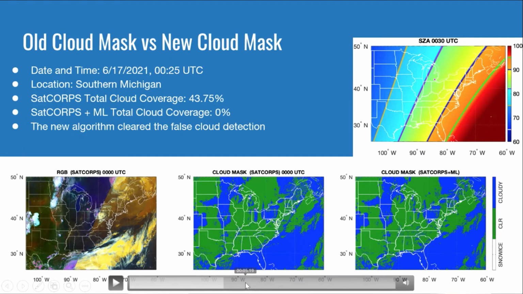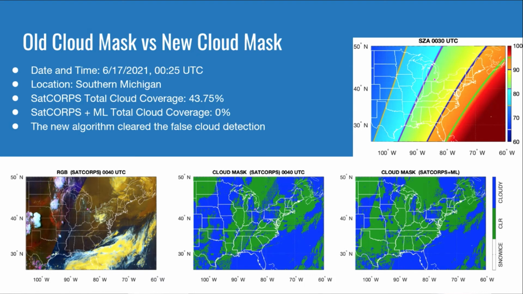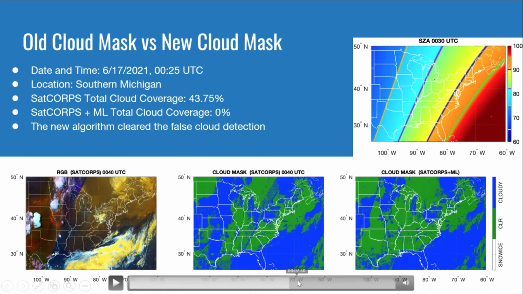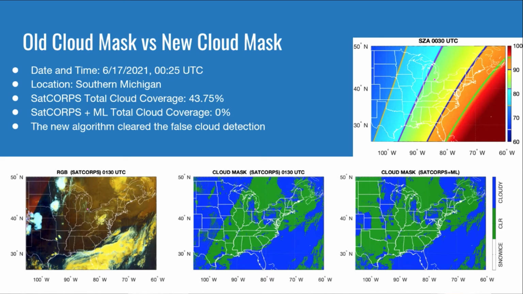As the Terminator approaches, you can see in our older algorithm this sort of faint line, which is all the false cloud detection. As it approaches closer, it becomes more visible. And you can see this unnatural diagonal line that essentially looks like a staircase. In our new machine learning algorithm, our new Cloud Mask, you don't see that line of false cloud detection at all. It completely cleared all of the false cloud detection where our citizen's at. And as it continually progresses throughout the globe, this is a great example. You see even in the Midwest, there's a lot of false cloud detection, whereas in our new example, you don't have any.